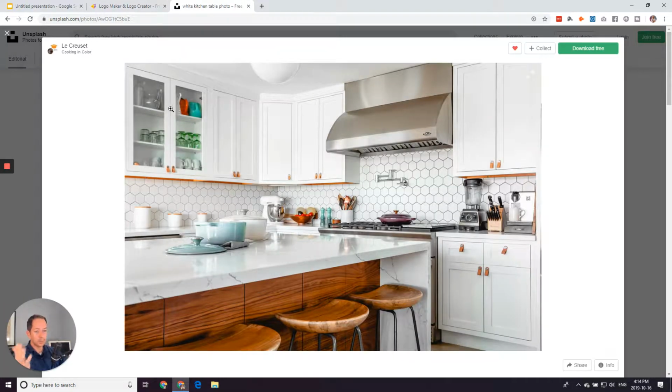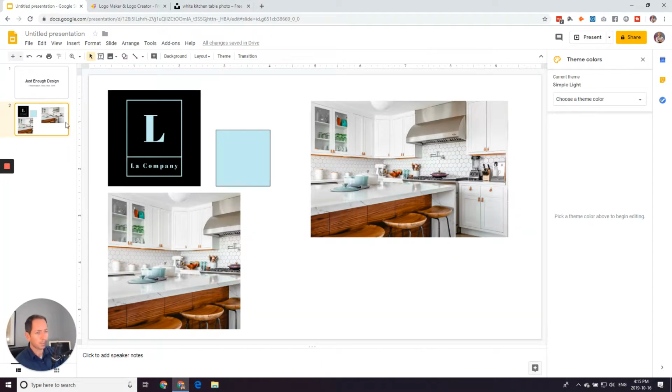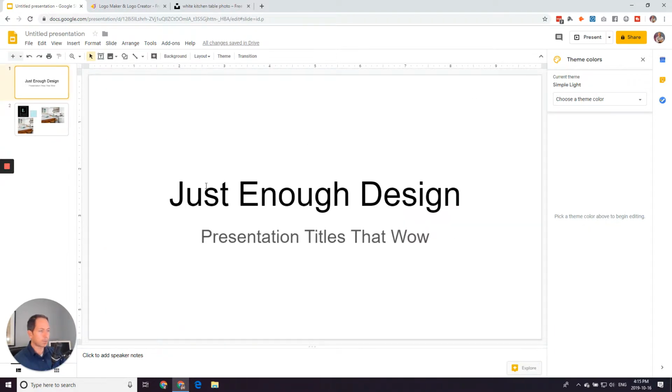The photo, of course, comes from an absolute favorite of mine, Unsplash. I just searched for kitchen and came across this beautiful photo. It's completely free to download and use. So I've brought those both in just as elements to play with. So the first thing to do really is, if we bring our logo into the first slide,